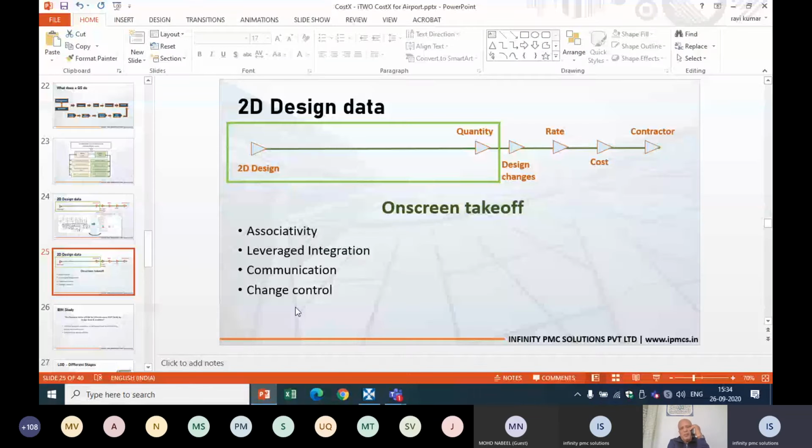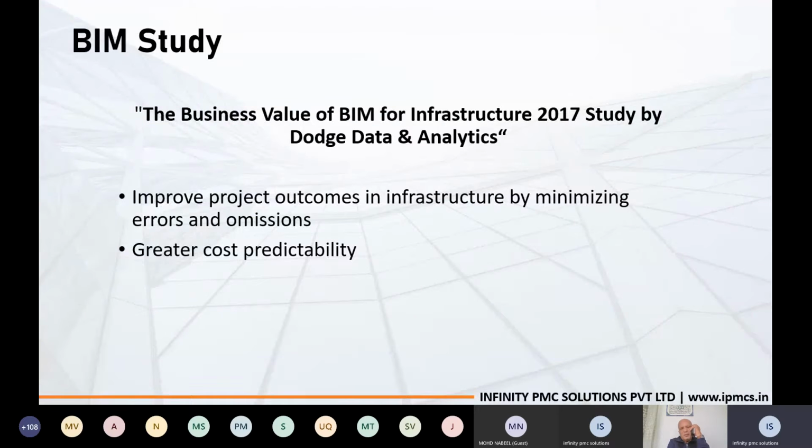Okay, further moving forward, next I'm going to the BIM study. So we'll see about BIM and the BIM study. This is the 2017 study on the business value of BIM for infrastructure by a company called Dodge Data and Analytics, North America's leading provider of commercial construction project data, market forecasting and analytics services, and workflow integration solutions for the construction industry.